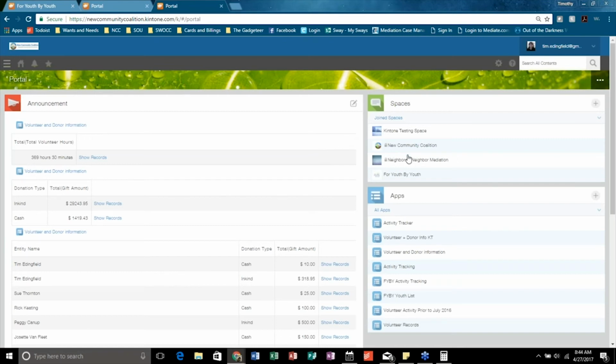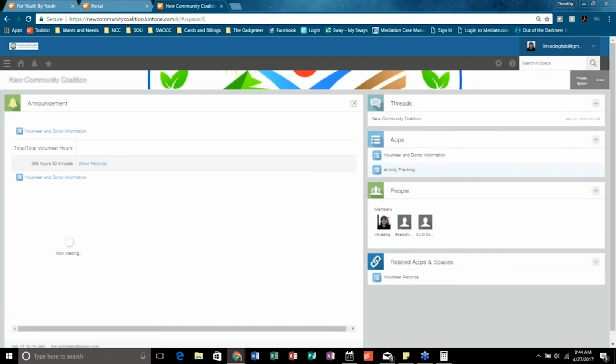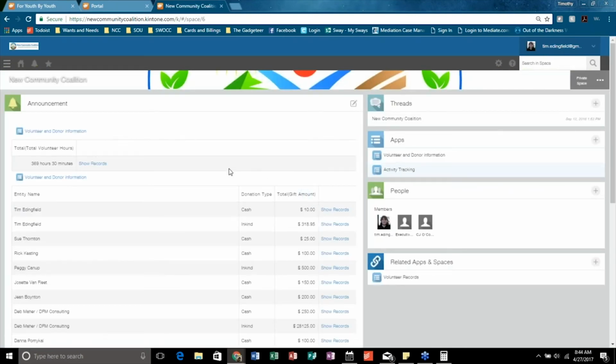But when you go to a space, for instance, New Community Coalition has its own space, you can tailor and customize the specific information that you want to show on the space announcement, which is what everyone receives when they go on to their space.